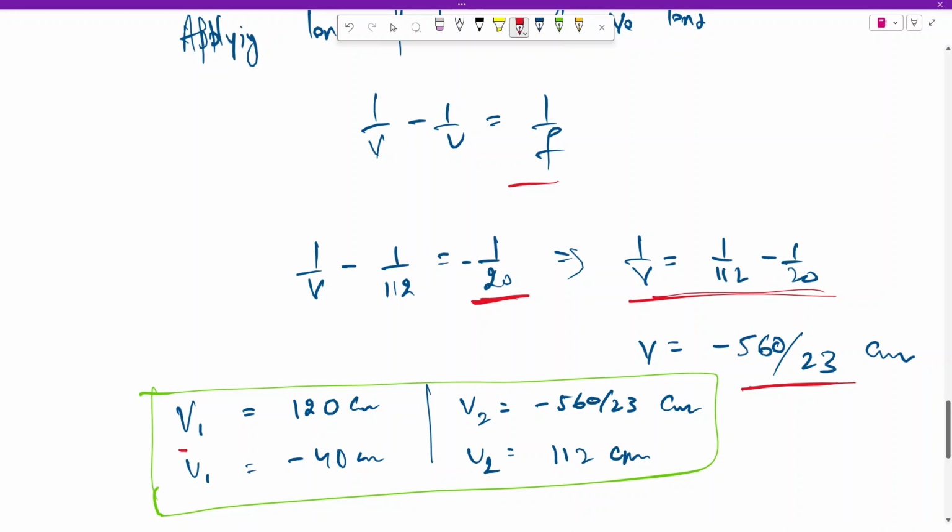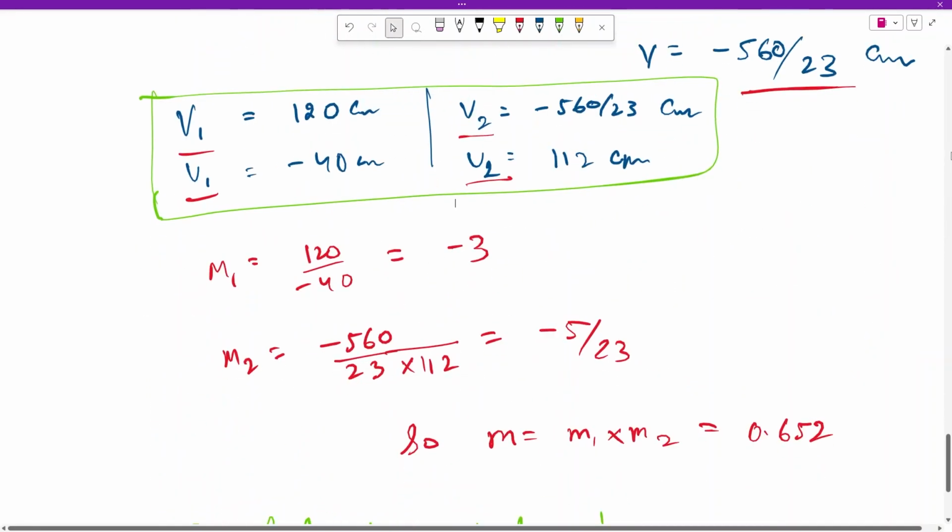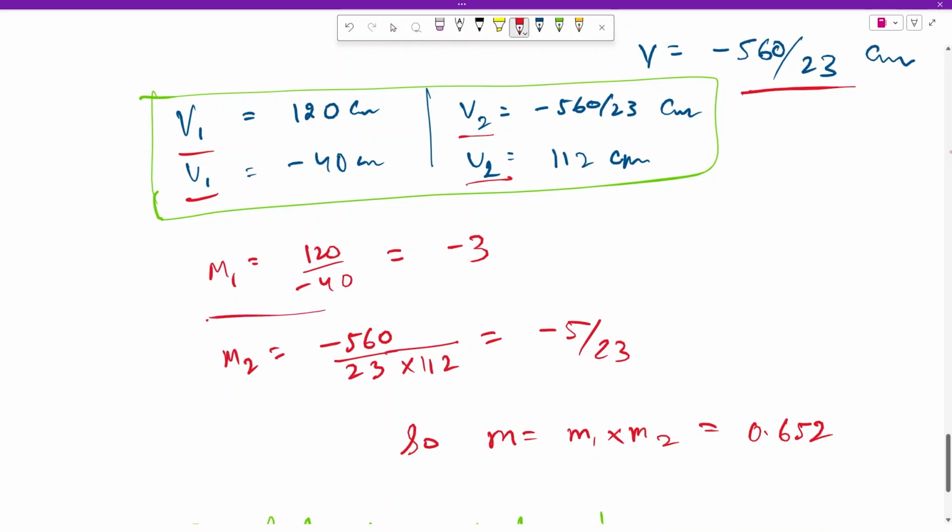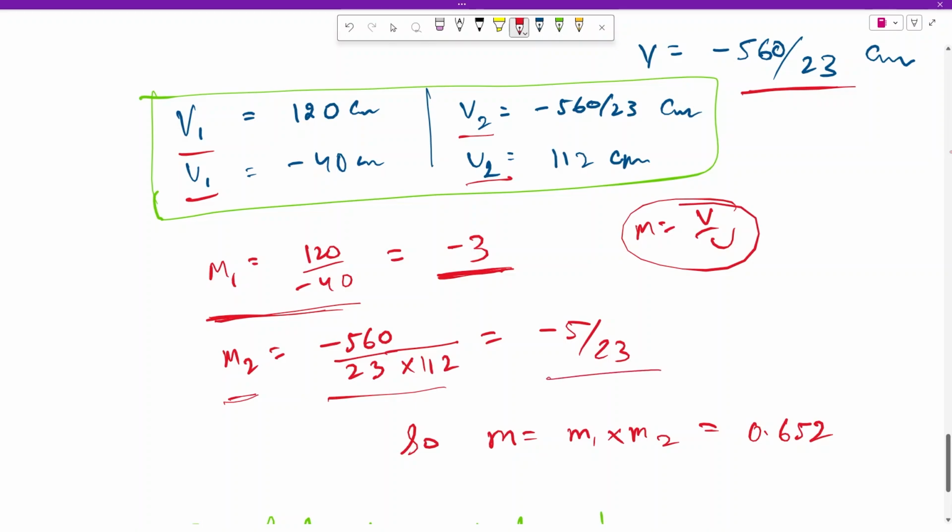So we have got the values of u1, v1 and u2, v2. Now we can find the magnification of each lens independently, and then find the product of the magnifications so that we can get the net magnification. So the magnification for the convex lens would be m1 equals 120 by minus 40, as m equals v upon u. So we can divide it and get the magnification by the first lens as minus 3, and for the second lens similarly we substitute the values in this formula, and we get minus 5 by 23. Now the net magnification will be equal to the product of these two independent magnifications, and that will be equal to